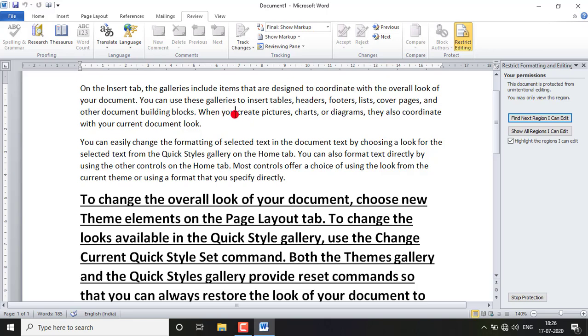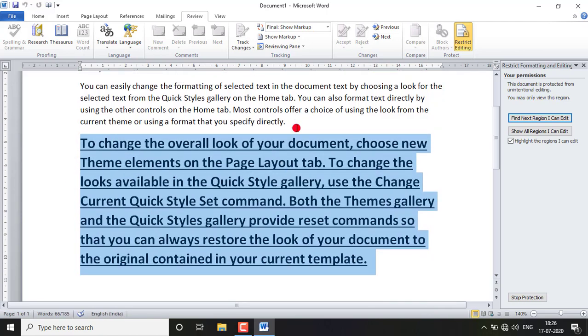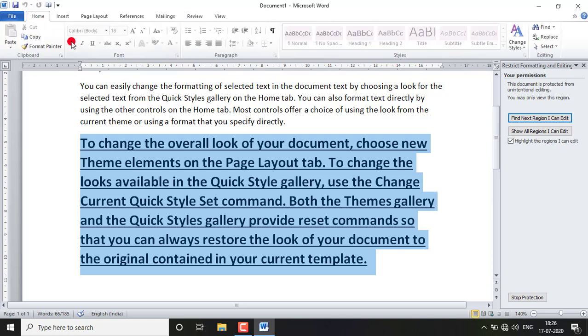Now if I try to press the backspace key, or if I want to type anything, it will allow you to select the text. But if you want to make any change, look, they are not able to. So now this text, or you can say this document, is read only. The persons can read only, but they can't make any change in that.